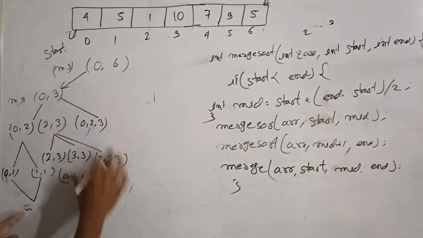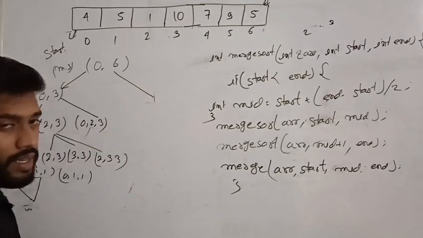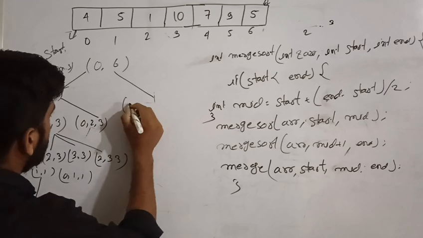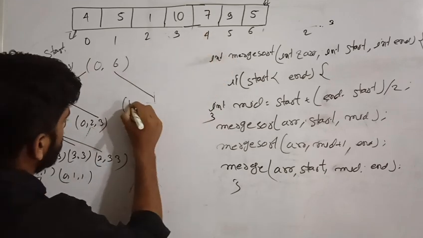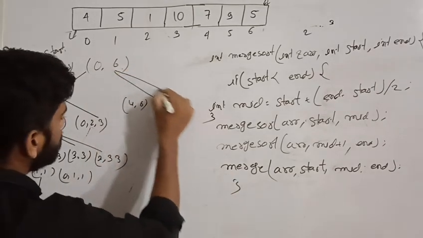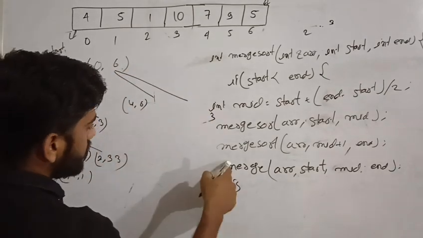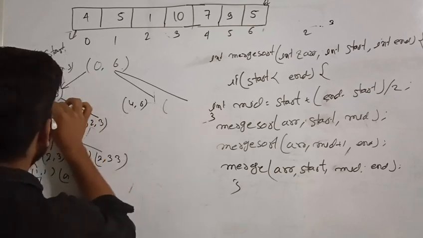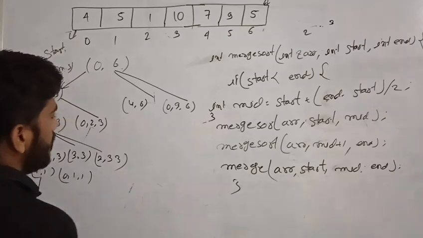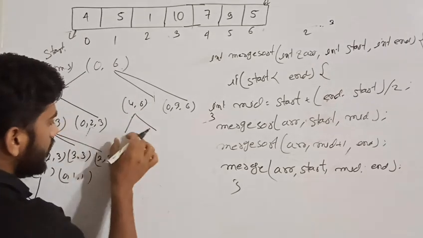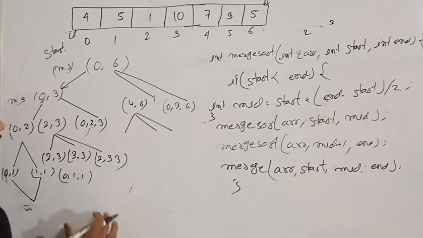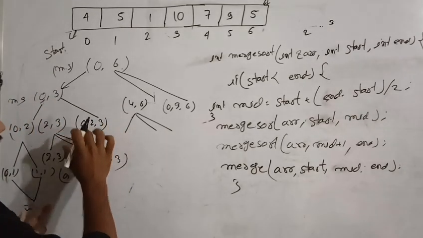Again, the same process will happen on the right side, which means it will become 4 to 6, 4 to 6, and the third condition is to merge them. Okay, means starting 0, mid 3 and last 3. Again this will be divided into 2 parts and merged. Okay, this is the part of